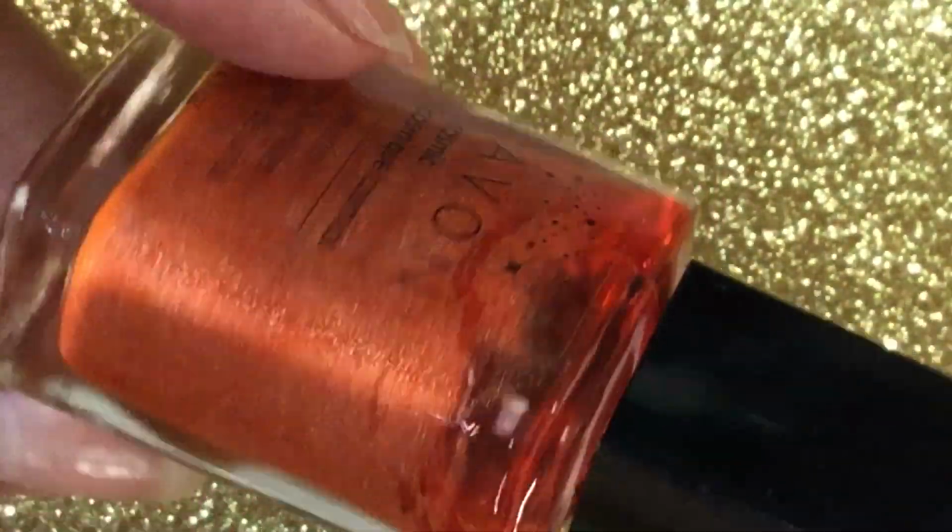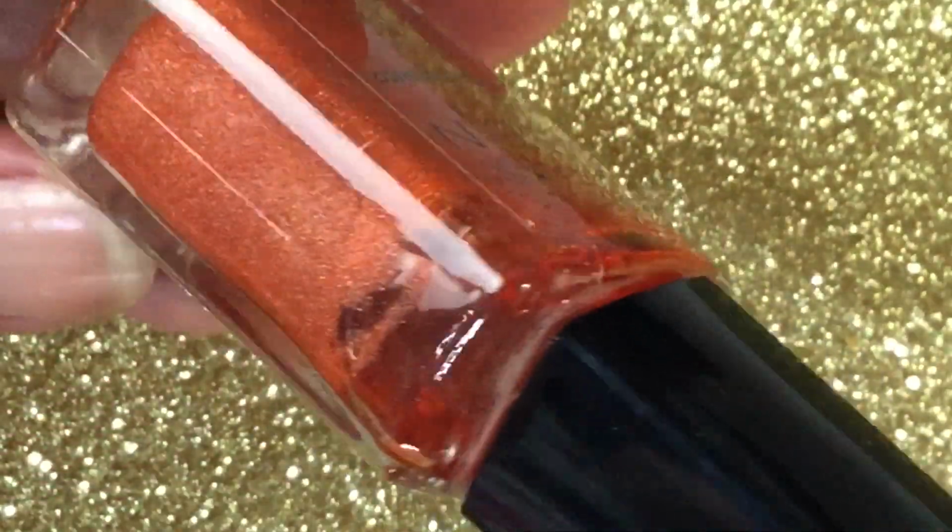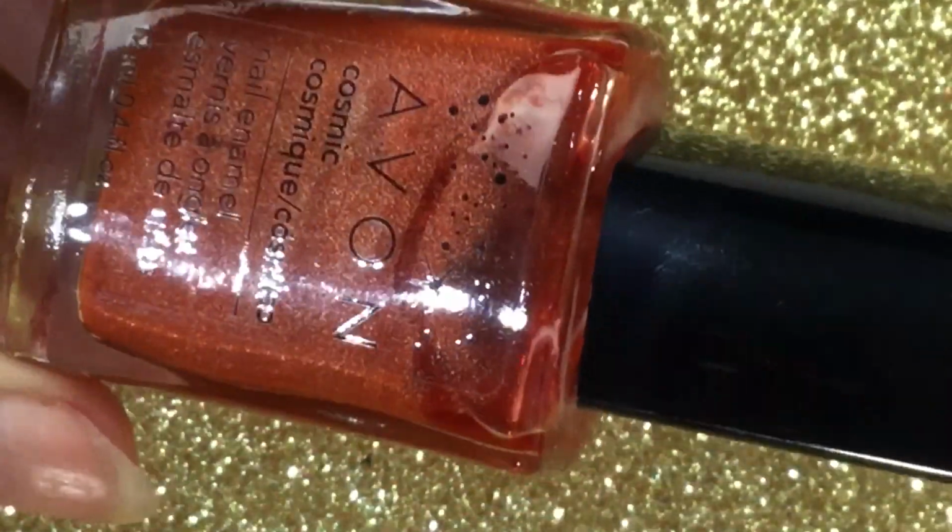And then this one is called Saturn, and same thing, the holographic finish. I just like the color on this. I think it's pretty and it has a good formula. So